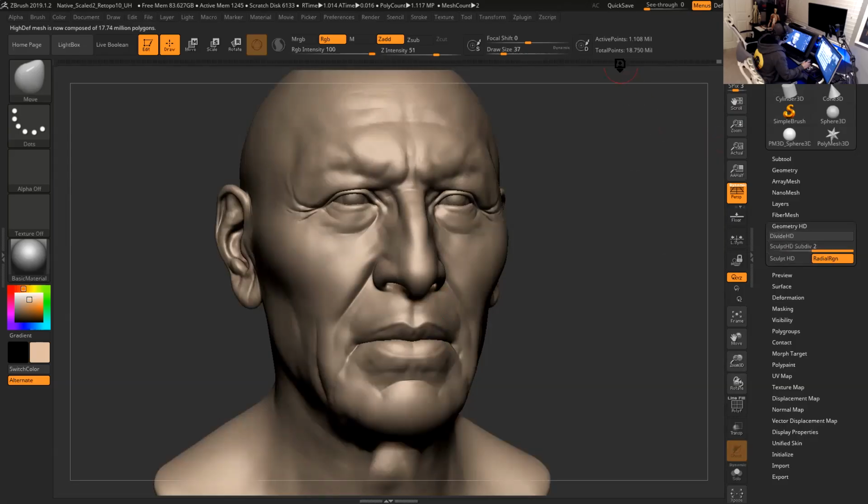Then again, you see it's not changing anything here. It's just adding more polygons in there. Subdivision level 2, subdivision level 3. So basically what I did here, I got to 71.975 million polygons. So I'm gonna stop right here